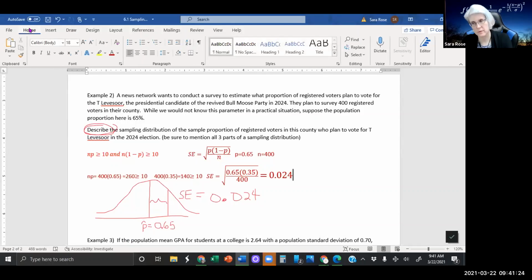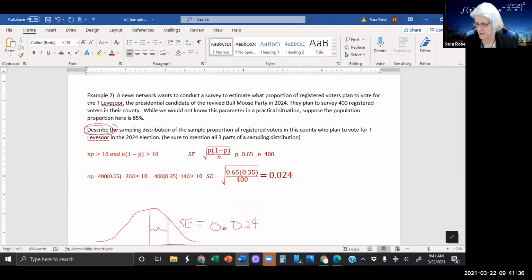You have to have the shape, you have to have the mean proportion, and you have to have the standard error. So for this distribution, we would say the sampling distribution